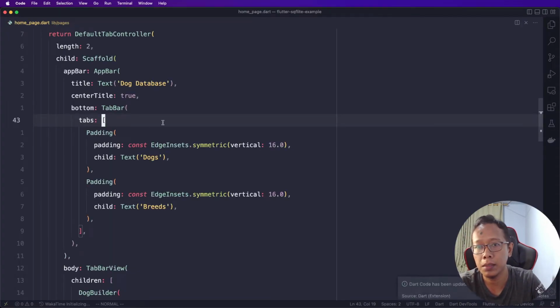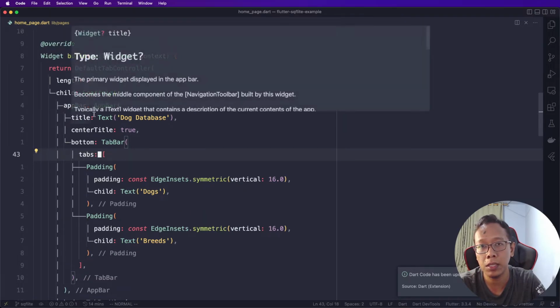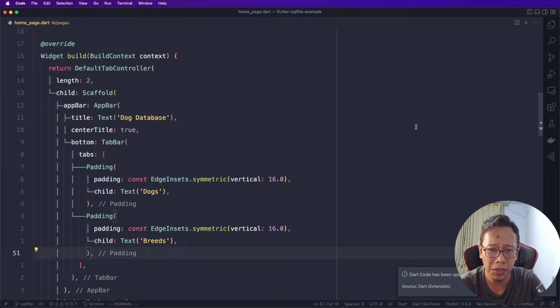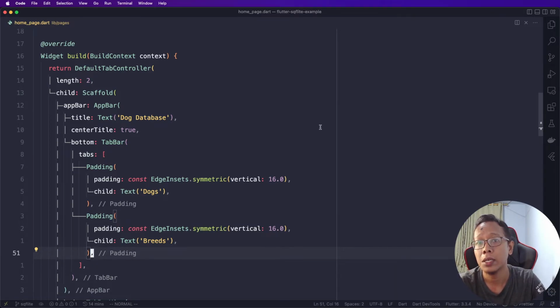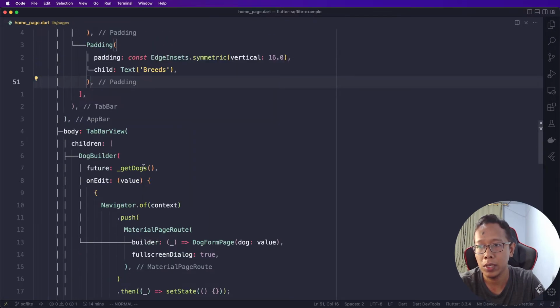Usually it will appear. Give it some time and it will be shown. Depending on the speed of your laptop or your computer, it will show after the restart. Usually, if it is not showing immediately after you change the configuration, you should restart your VS Code and then you will have these beautiful UI guides showing how long the widget is and which one is the children,